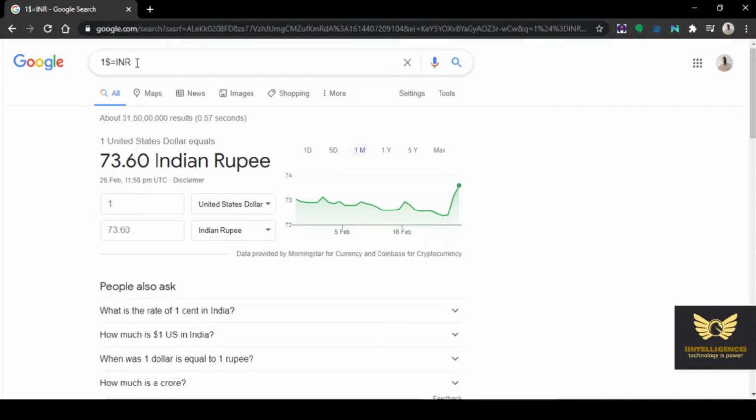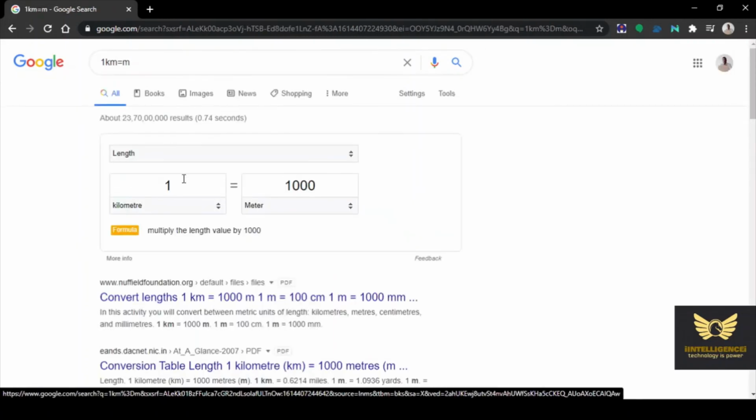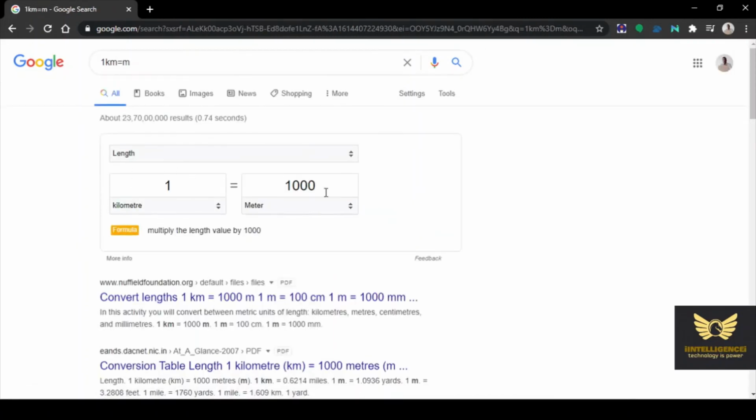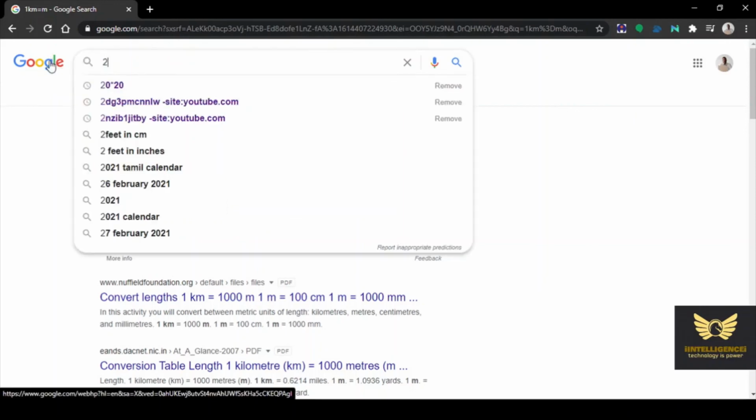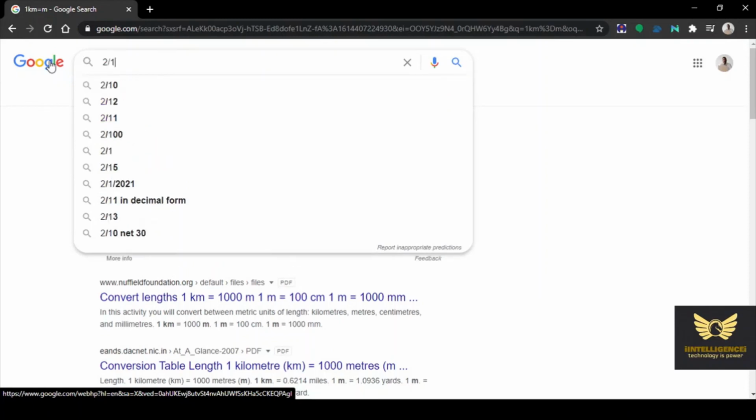It is calculating that rate. Right. So 1 kilometer equal to how many meters? Equal to m. Just type it. You will get 1 kilometer equal to 1000 meters. Okay. So Google itself acts as a calculator, either as a basic calculator or an advanced calculator.